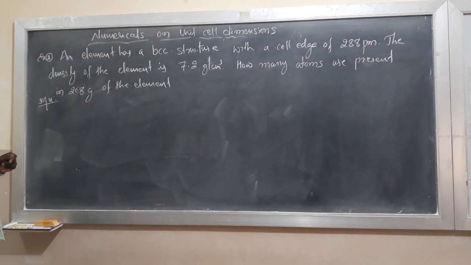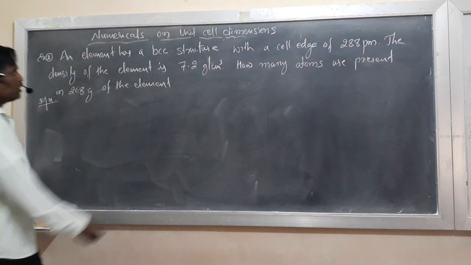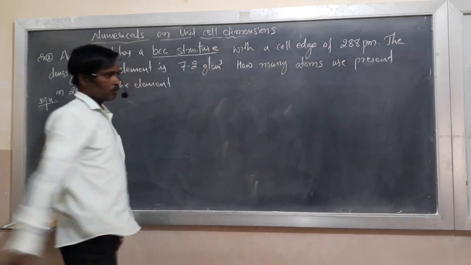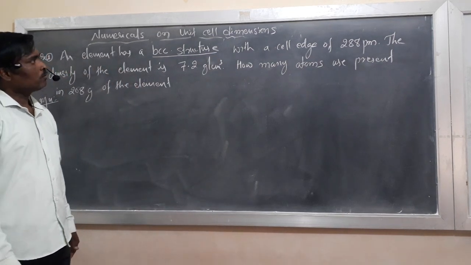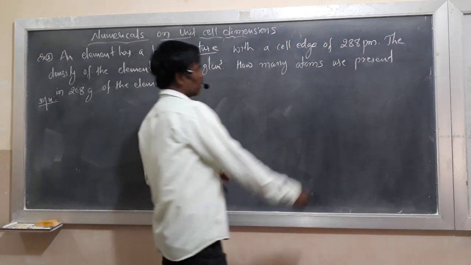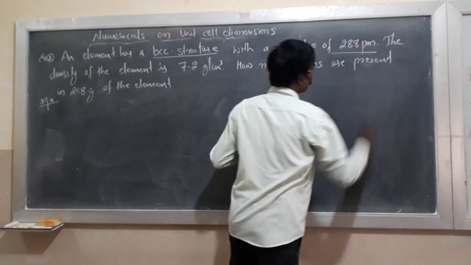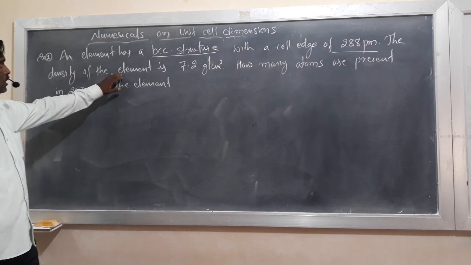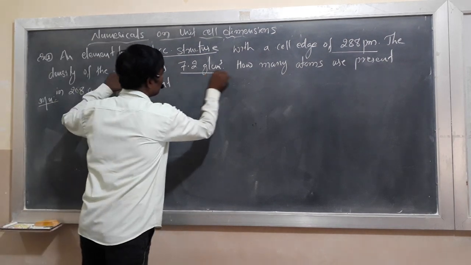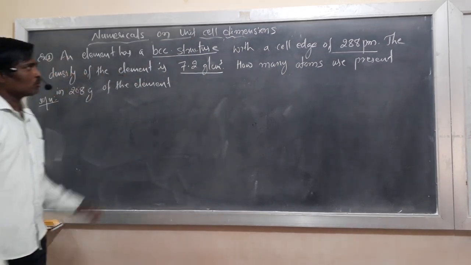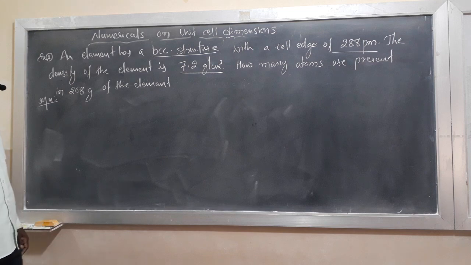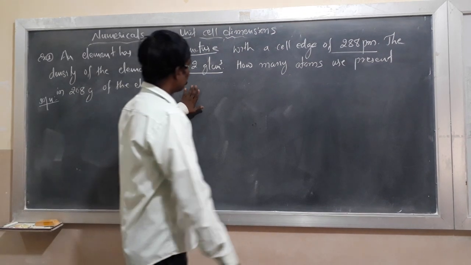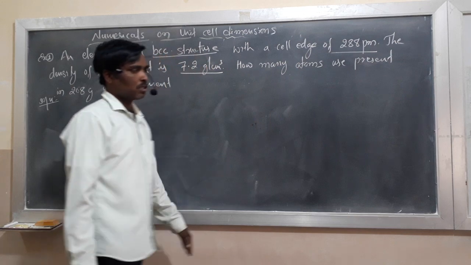Students, next example. Let me read that example. An element has a BCC structure, a body-centered cubic structure. The edge length of that unit cell is 288 picometers, and the density of the element is 7.2 gram per cubic centimeter. So here we have to calculate how many atoms are present in